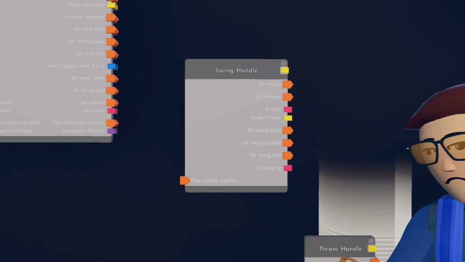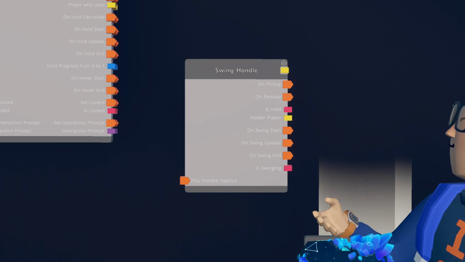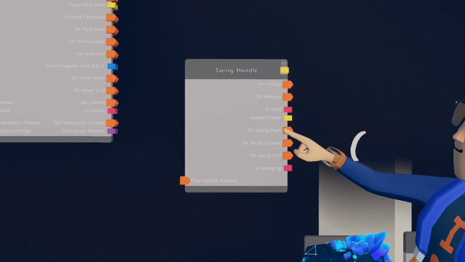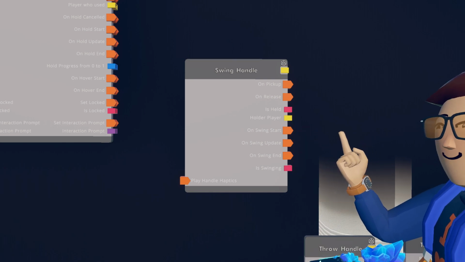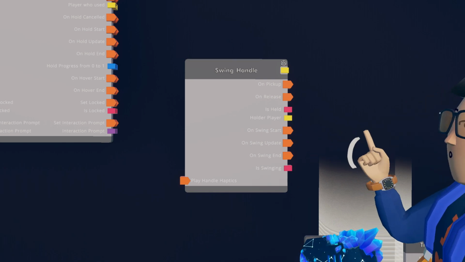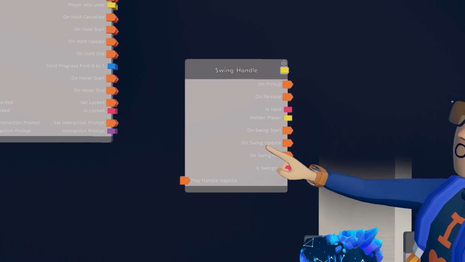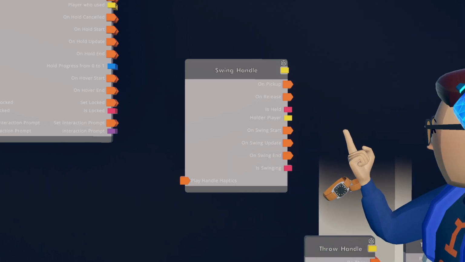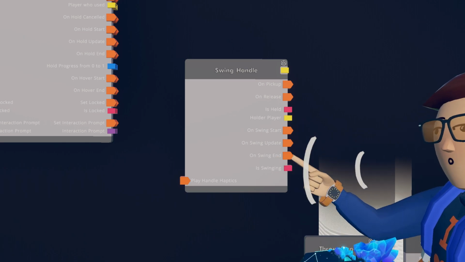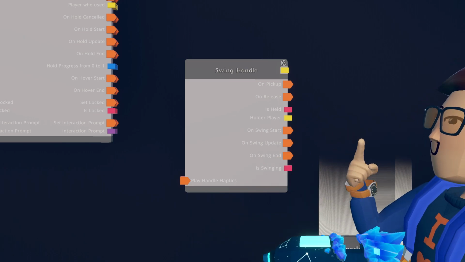Imagine you're holding this and you make a swing. It will first run the on swing start exactly once. Then every frame until you reach the end of the swing, it will run on swing update. This will go really fast. You can think of it kind of like a 30 while you're swinging it. And then there's on swing end. This will run once as soon as you finish that swing.